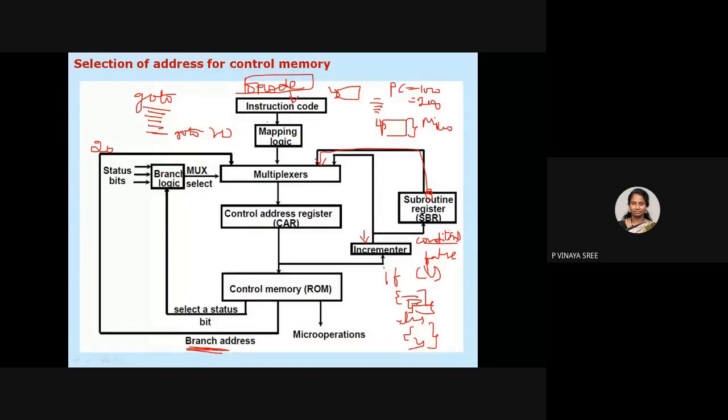So we need to think about all the necessary conditions and write code such that the signals will be generated, and automatically the main execution program will not be disturbed. That's the reason we are taking 4 inputs for the multiplexer. One is the incrementer, and the other is the subroutine register, where a function call occurs, so it has to stop its sequence and jump to that particular location. And the other one is condition.